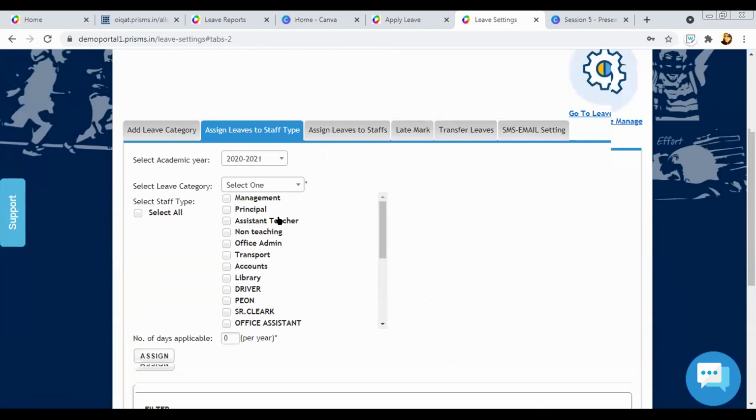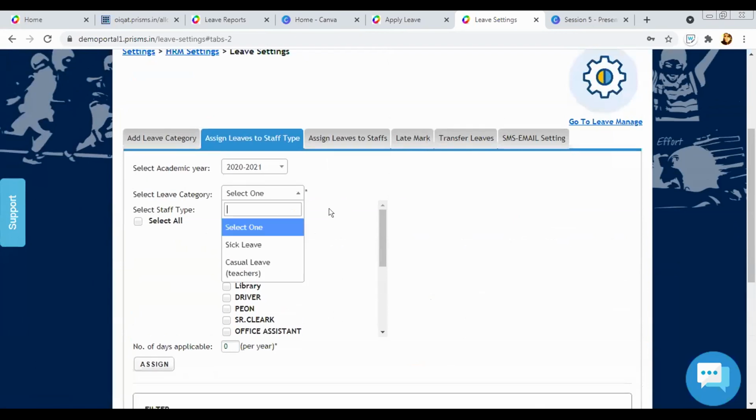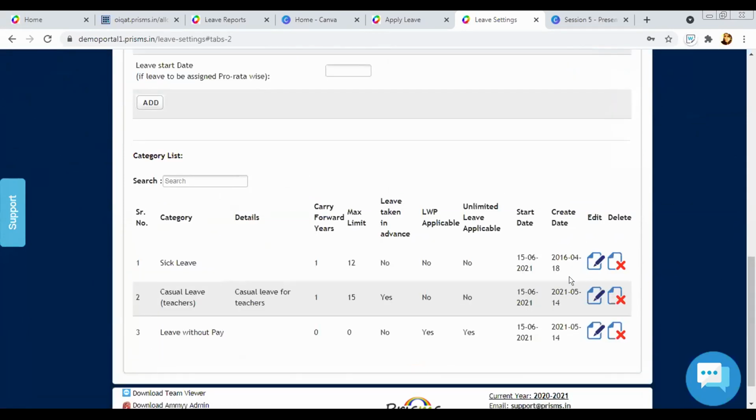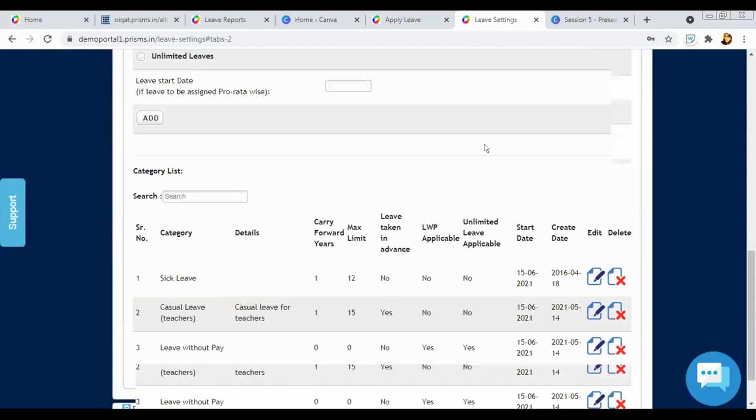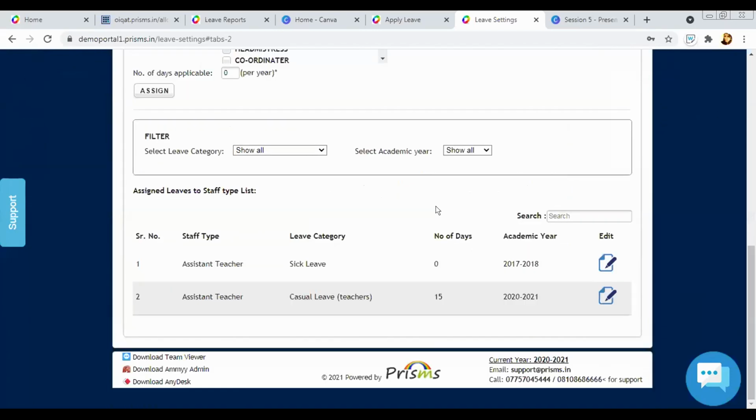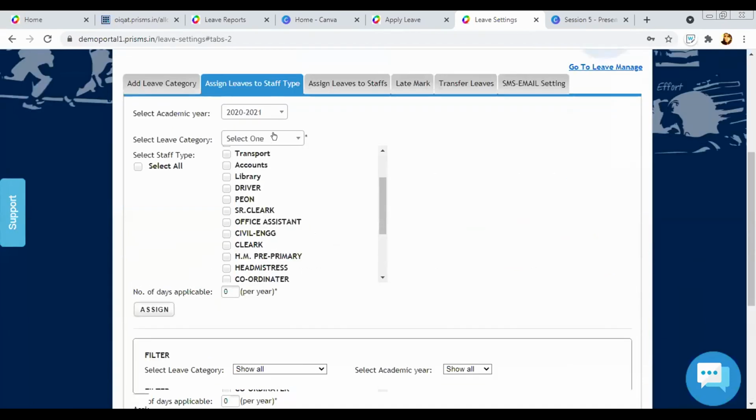Now one more I had created was LWP. Leave without pay is automatically assigned. There is no need of assigning LWP.